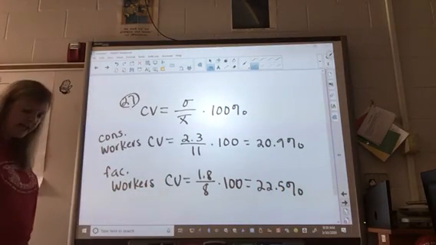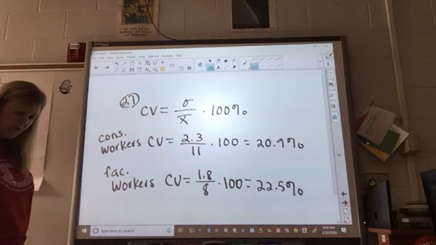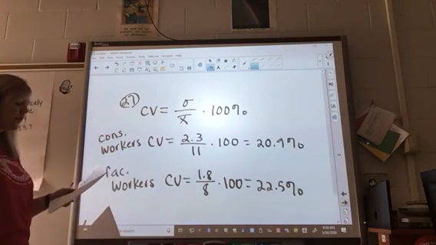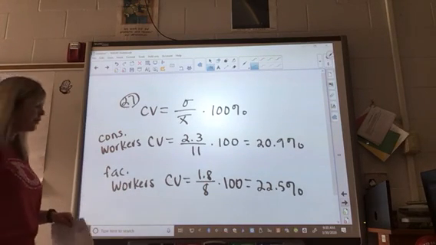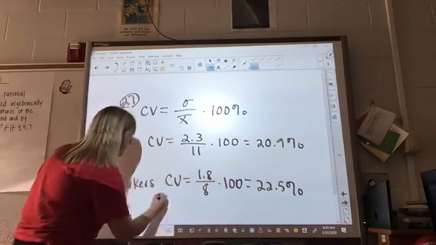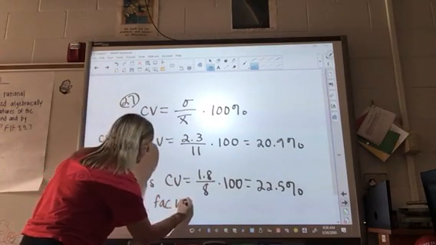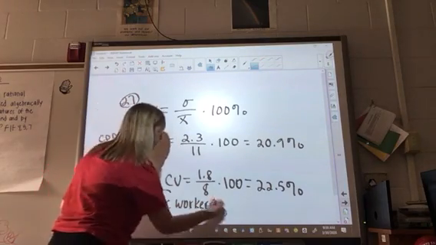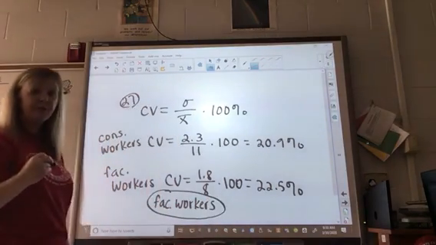Okay, now our question asks us which is more variable. So we're looking for the one that's more spread out, which means I'm looking for the largest percentage, which is going to be the factory workers. Okay, and that's the answer because their percentage is